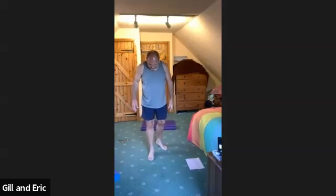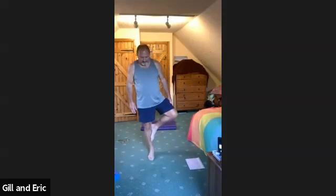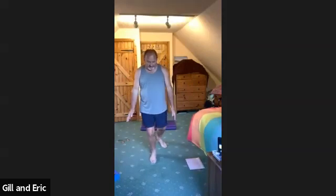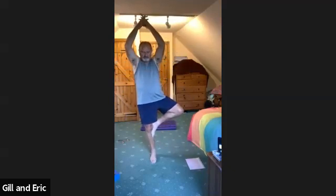The other options are just on the lower leg, on the top of the calf, and although it's being discouraged, the side of the knee isn't a problem as long as you're not pushing against the side of the knee. It's being actually worked out by some kind of physiotherapist, physicist, that you can't really damage your knee if you don't push hard on it. So we're going to root down into that right foot, and as we come up, just bring the arms up, bring the leg up, hands in Uttara Bodhi,